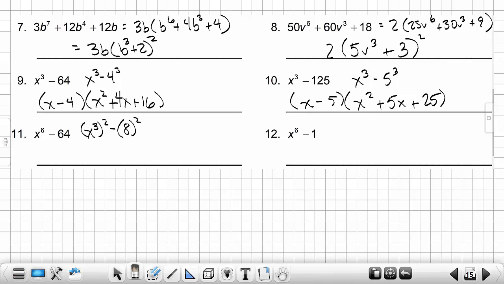Good. So then that will be... but these are both what? Yeah. This one's a difference of 2 cubes, this one's a sum of 2 cubes. So technically speaking, that's x cubed plus 2 cubed times x cubed minus 2 cubed, which means this is